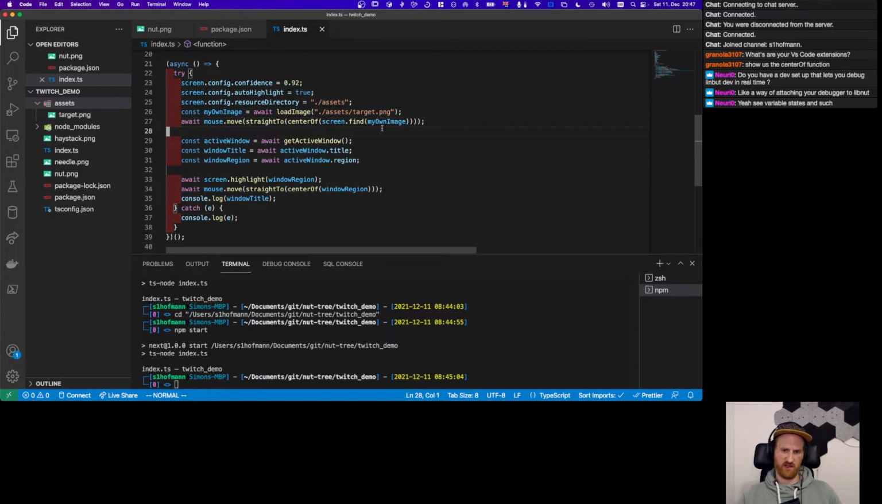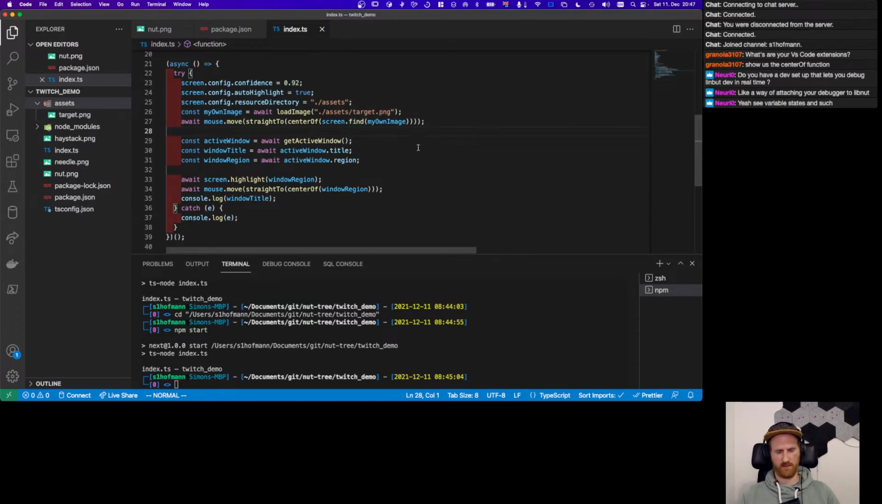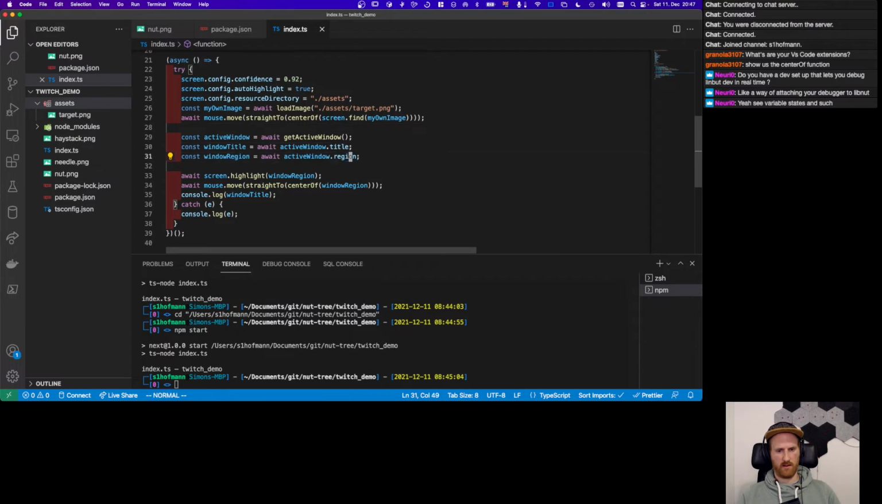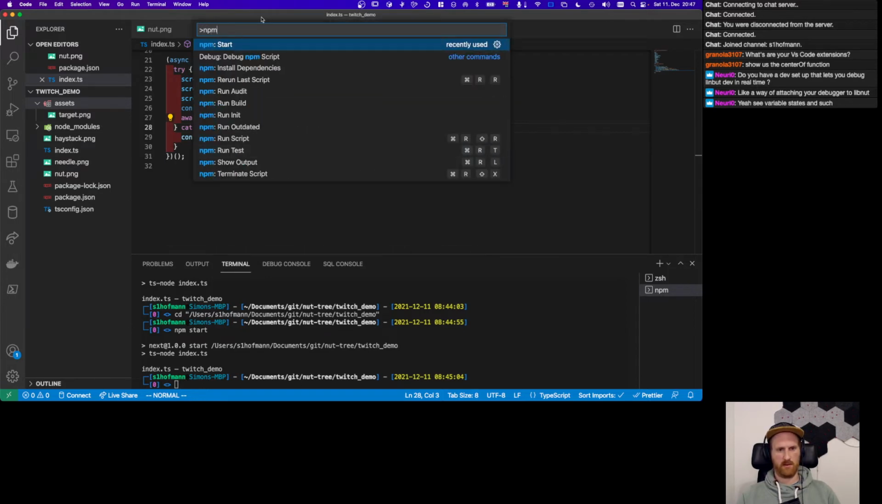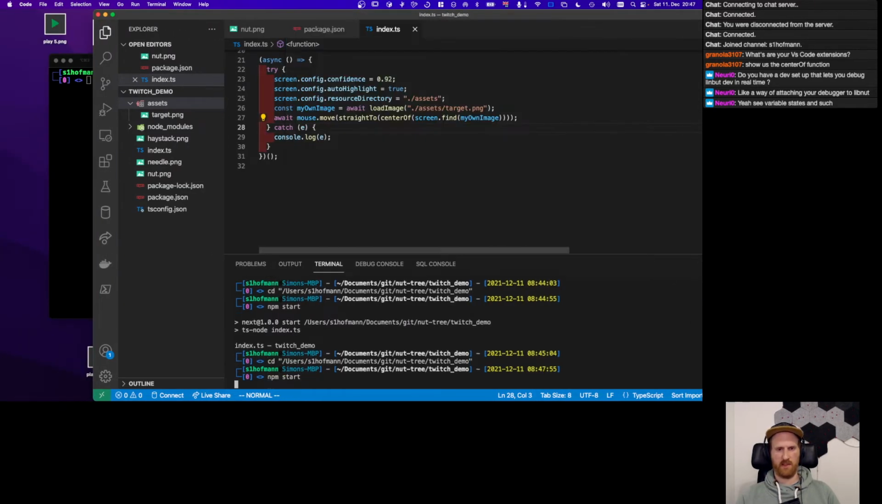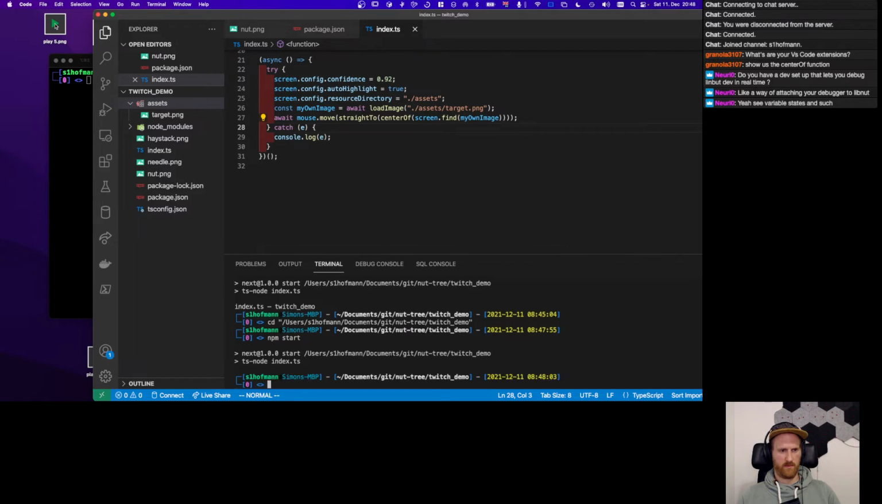So instead of receiving a string, the find implementation now actually expects an image instance within nut.js. And let's remove the stuff down here. This way it won't work. And it still works. So you can basically take care of image loading on your own, and it won't happen